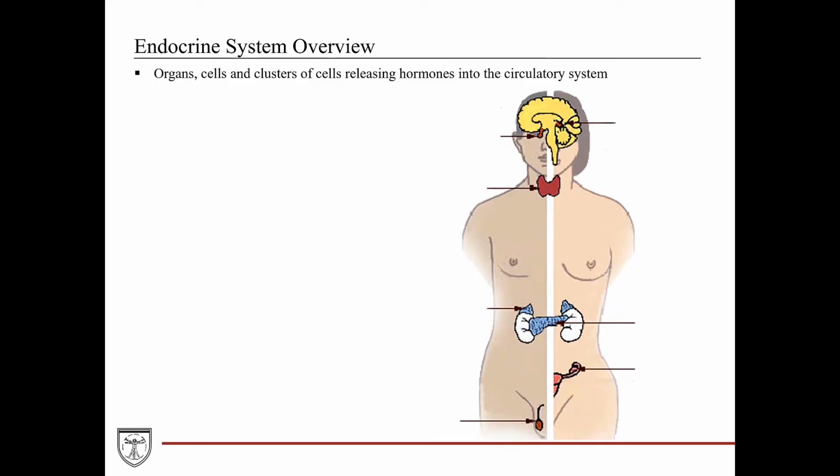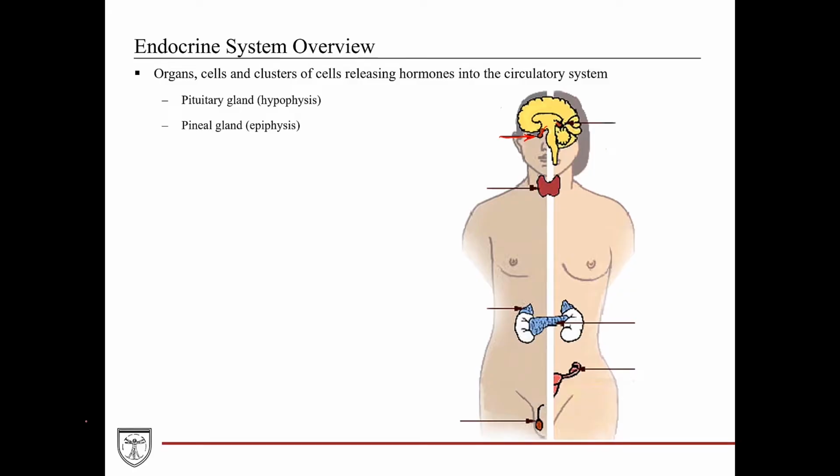The major organs of the endocrine system, going from top to bottom from an anatomical perspective, include the pituitary gland. The pituitary gland is interesting in that it is comprised of two different types of tissues. One is an extension of the brain itself, and the other a proper epithelial-derived endocrine structure. The pituitary gland is also called the hypophysis because anatomically speaking, it is positioned on the underside of the brain